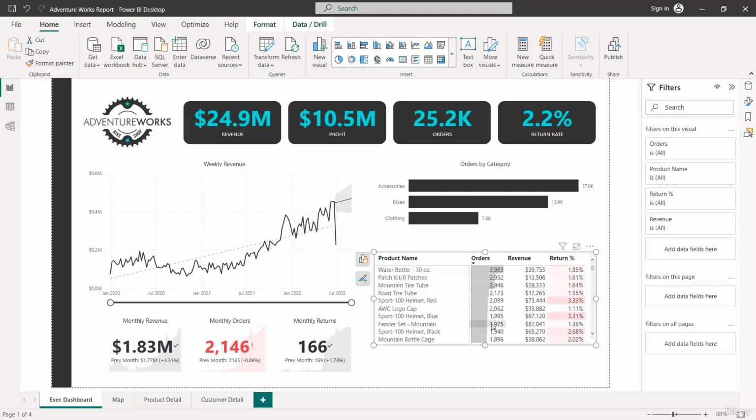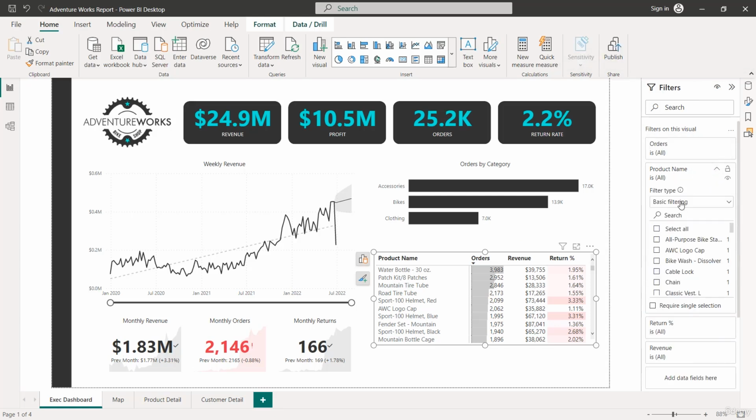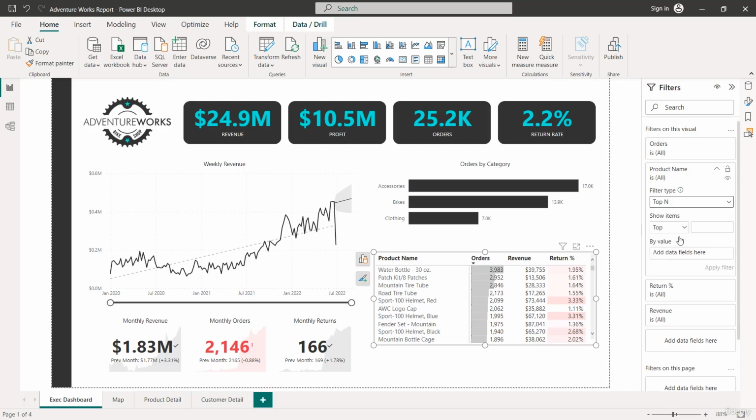based on order volume. And this is a great use case for applying a top N visual filter. So we've already kind of hinted at this before, should be pretty straightforward. All we're going to do is select that matrix visual, open up our filter pane, and right here you can see we have no filters currently applied to product name. Let's drill in, change the filter type to top N, and we're going to show the top 10 items or